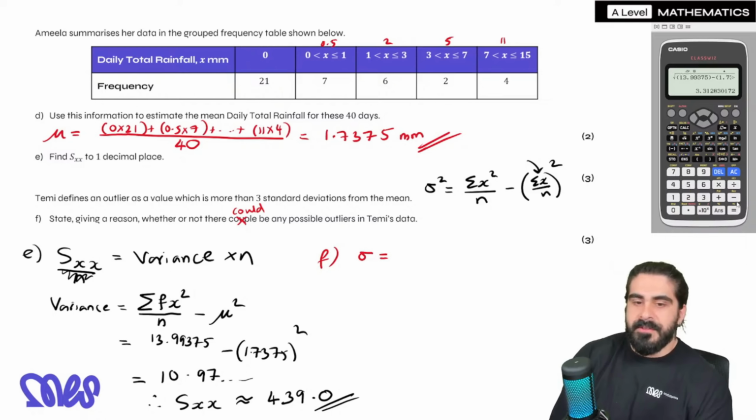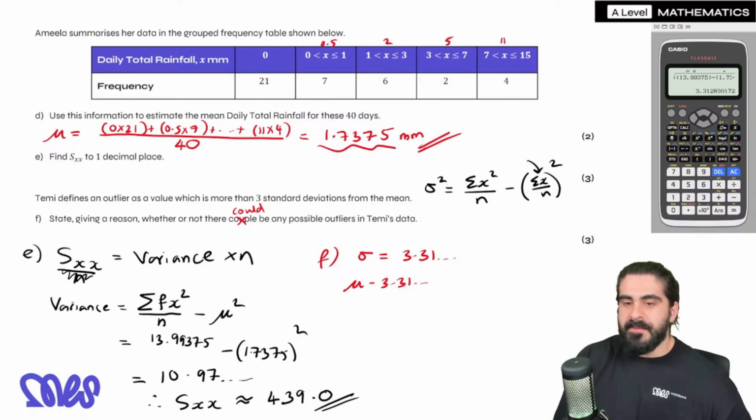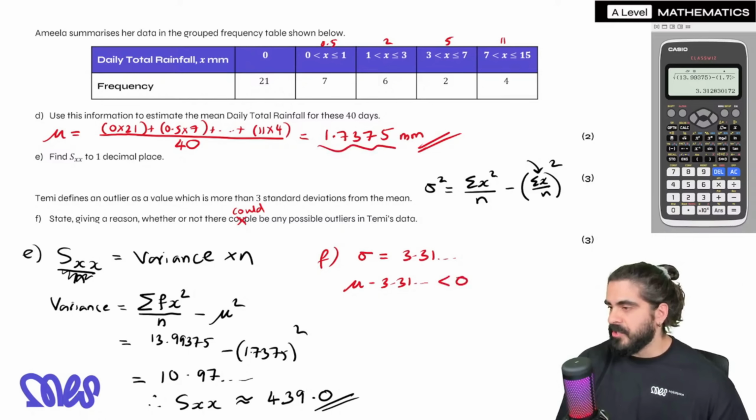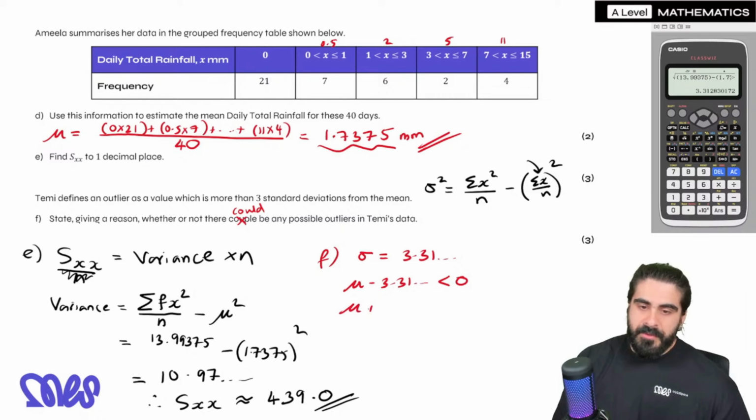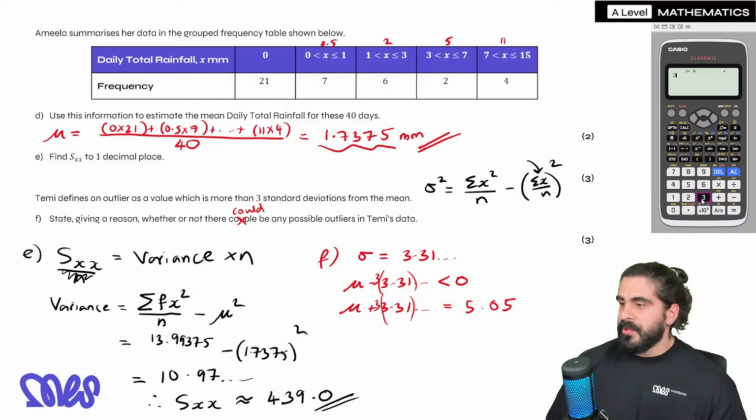The 3.3. If mu is that, it's going to be less than 0, right? So that's not going to be possible. Let's do mu plus this. I'm going to use 3.31 times by 3. Add that to